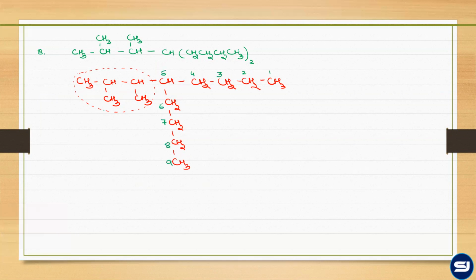Okay, now how do we name this complex substituent? What was the rule? Find the longest chain from the radical, and numbering should also be done from the radical. That was the rule: longest chain from the radical, numbering from the radical. So 1, 2, and 3. So now this entire group will be named as 1,2-dimethyl propyl, which is on the 5th carbon, and the parent will be of nonane. So the answer is option C.